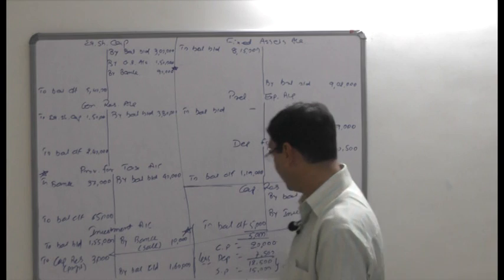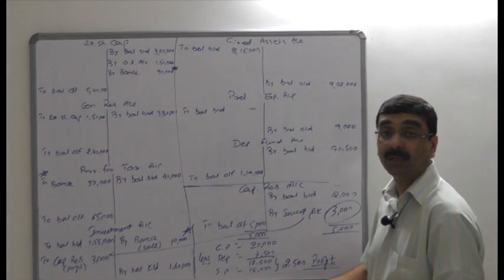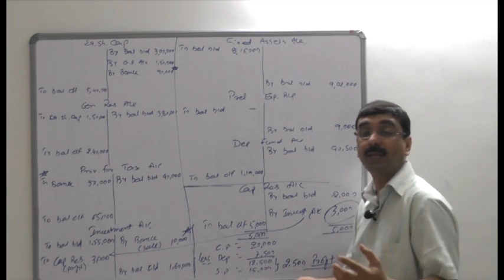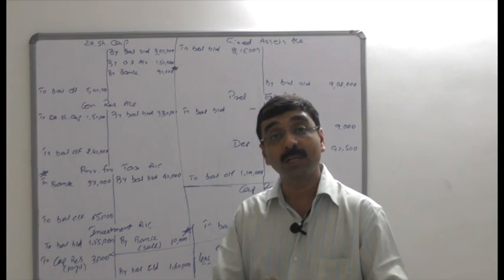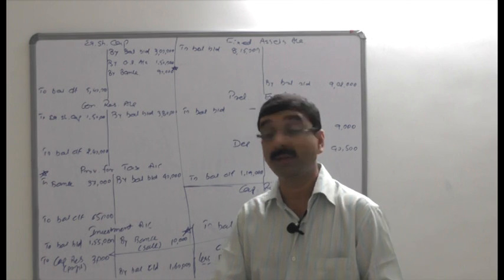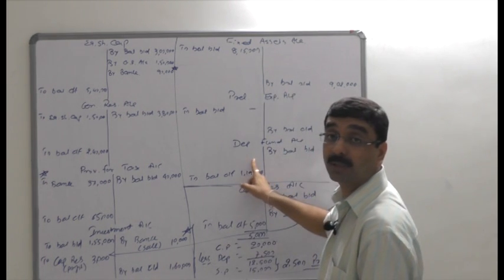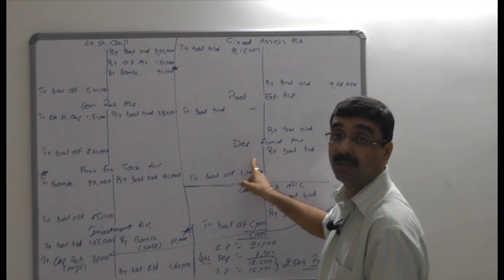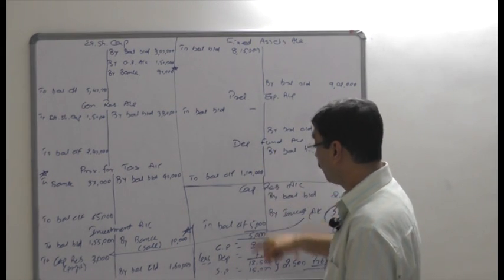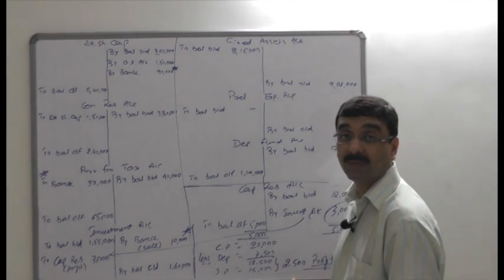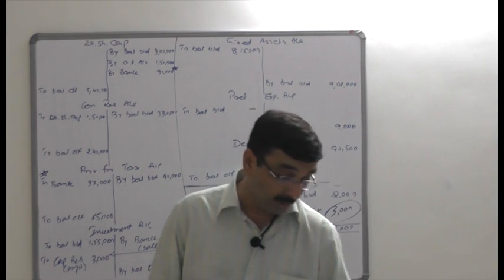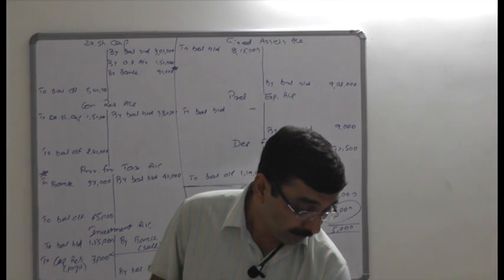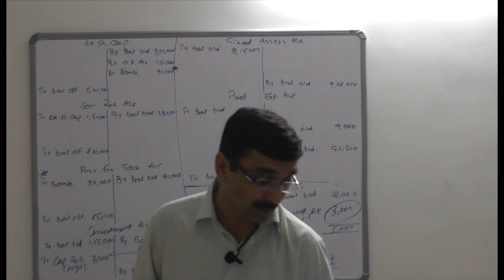Now what would be the journal entry in case of this transaction? The journal entry is very simple. The amount of realization, bank account debited 15,000, depreciation account or, in bracket, P&L account debit 7,500, or the depreciation fund account is already prepared. So depreciation fund account debit 7,500, to P&L account 2,500, to machinery account 20,000. Because the machinery is actually given at 20,000 book value, that machinery amount would be considered